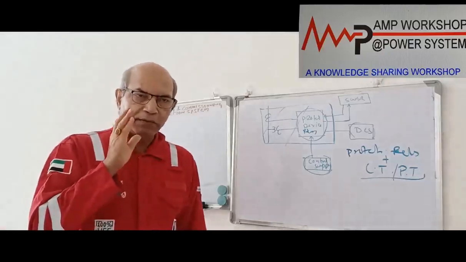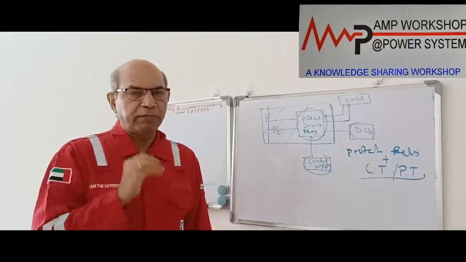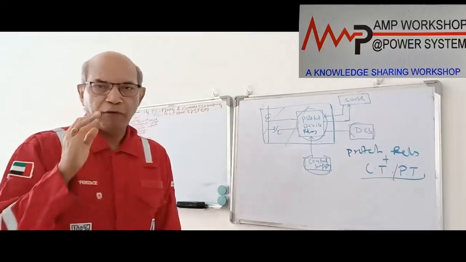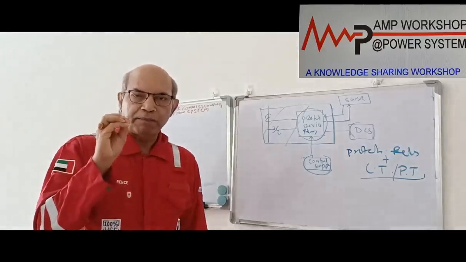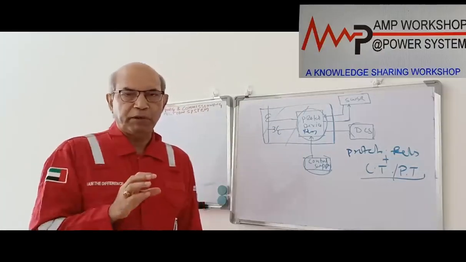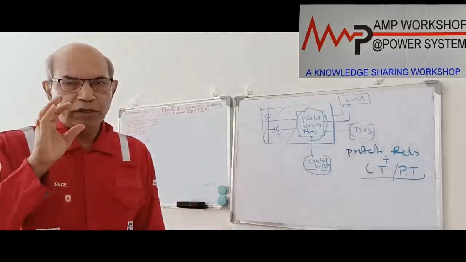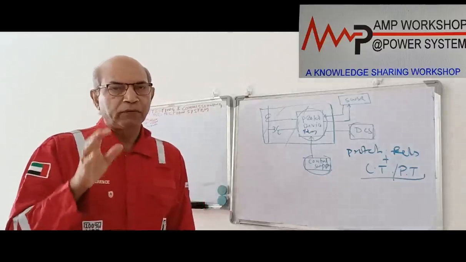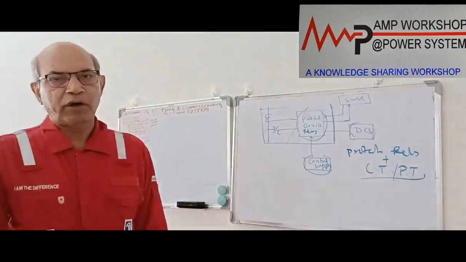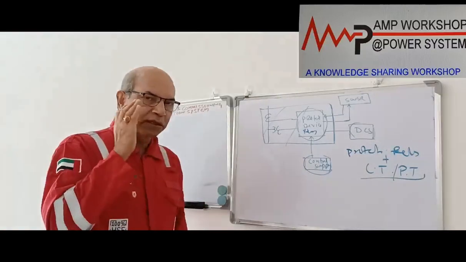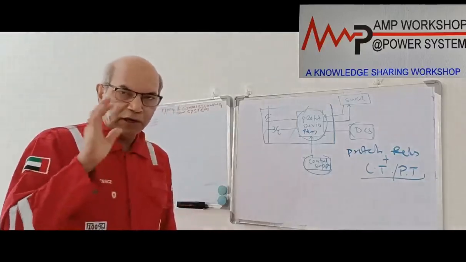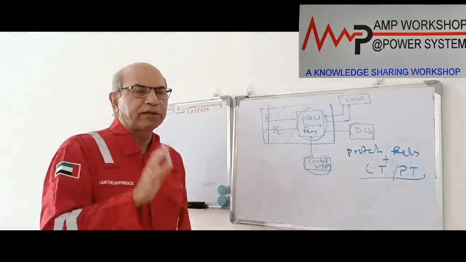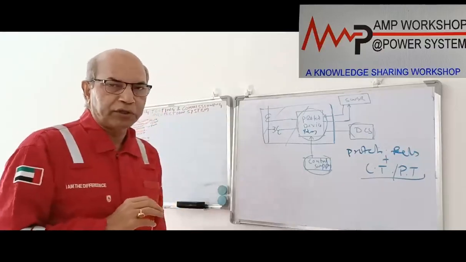So it has a distinguished requirement of the protection system: the protection system will clear the fault on the particular part where the fault has taken place. At the same time, it will remain unoperated, maintaining its healthy position without any operation, when the fault is somewhere else. So the protection system selectively isolates the faulty section while maintaining the other healthy parts of the system as usual. That is also another job of the protection system.